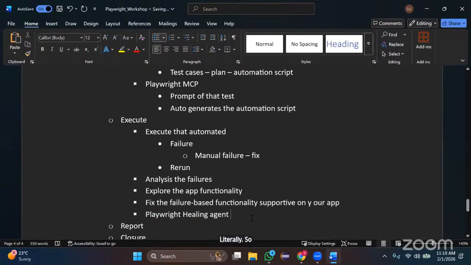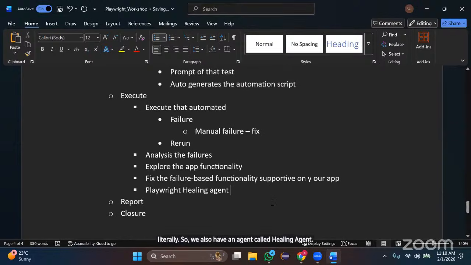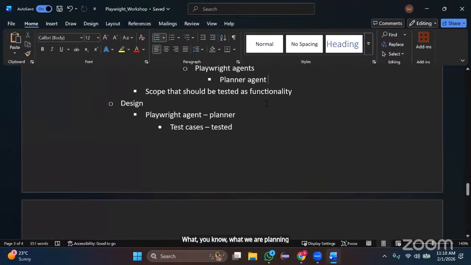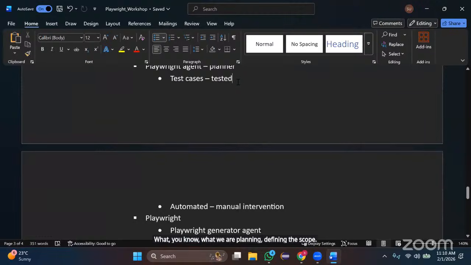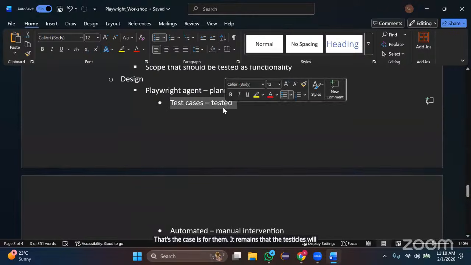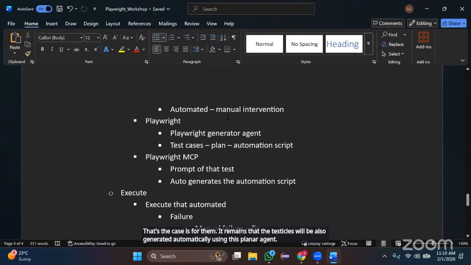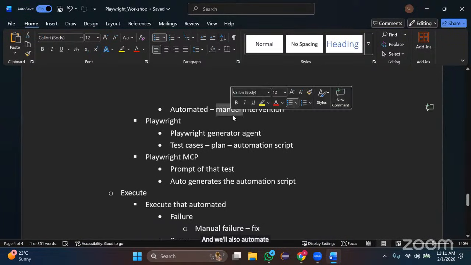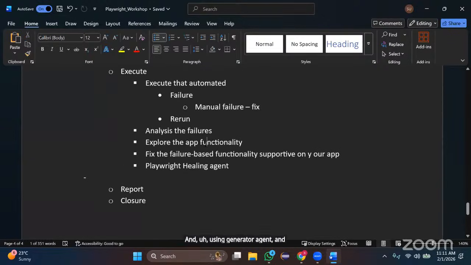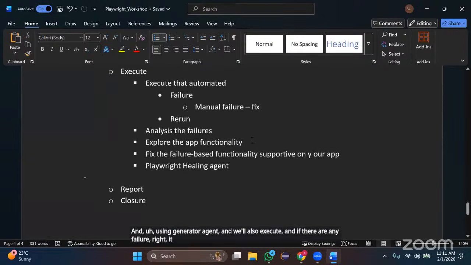So we also have an agent called the healing agent. Majorly, we can automate your complete process. Planning, meaning defining the scope and generating test cases, which we would otherwise do manually, is done automatically using the planner agent. We also automate it, which is the design, using the generator agent, and we also execute. If there is any failure, it will be automatically analyzed, and that failure is also fixed by the Playwright